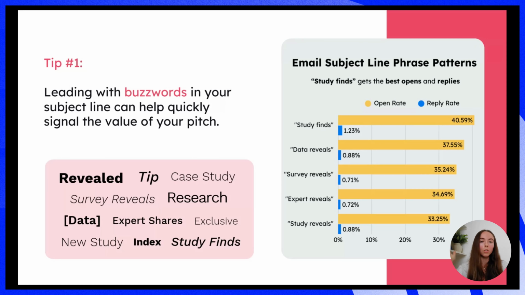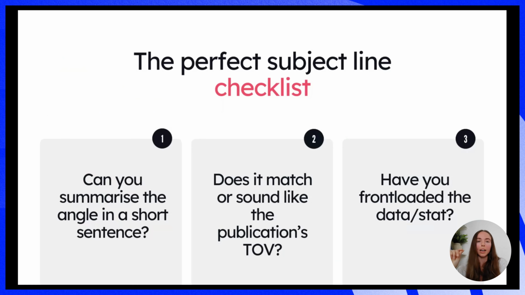And as well, some other little tips to really capture that 5-second attention span. No matter what the market, Italy, Spain, US, Germany, we find that if we follow these three self-reflection questions, your chances of getting that open can really increase. Number one, to help newsrooms and journalists out, as I've said, they're really time poor. And the number one rule I stick by is, if I can't summarize the angle in a short sentence, then a journalist will not be able to do that for me. So just make sure that you can briefly summarize the main angle you want to get across in a nice little short phrase to put into your subject line. Think in headlines, essentially, from ideation stage right the way through.